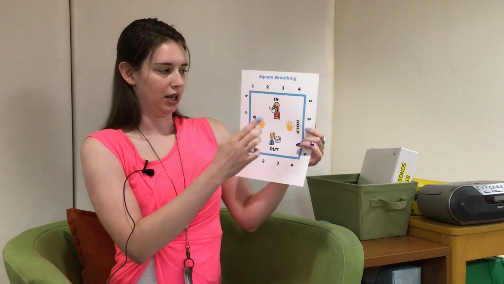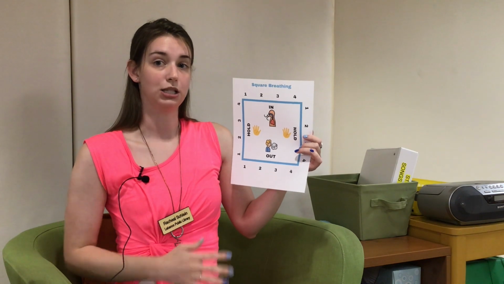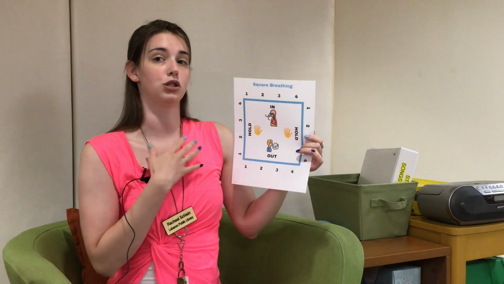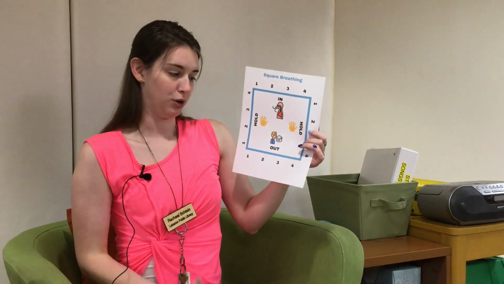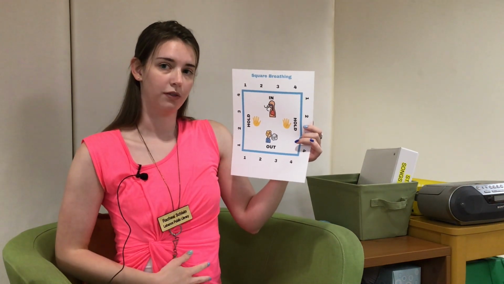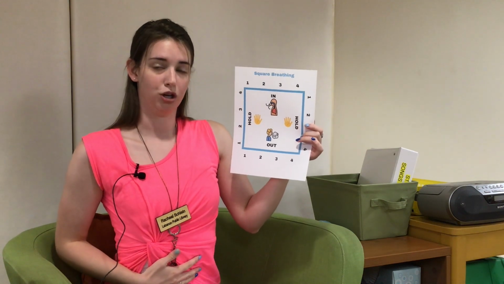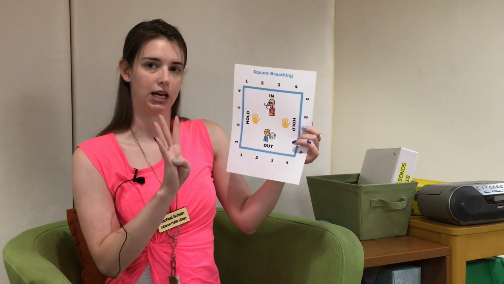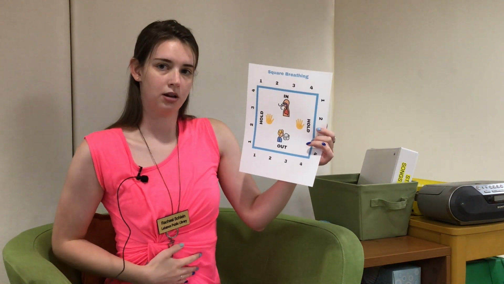You would be counting to 4 when you breathe in, and then you'll want to hold. Once you take that deep breath for 4 seconds, you're going to hold for 4 seconds. So you'll just hold that breath up here, and then we're going to breathe out. When we practice breathing out, we want to feel our bellies going in. So put your hand on your belly. Your belly will go in when you're breathing out, and you'll do that for 4 seconds. And then we'll hold for 4 seconds with our bellies coming in.